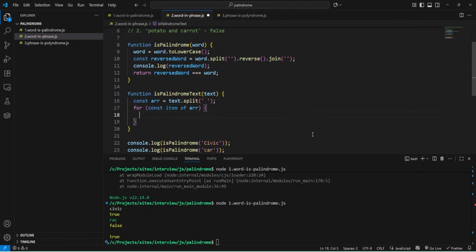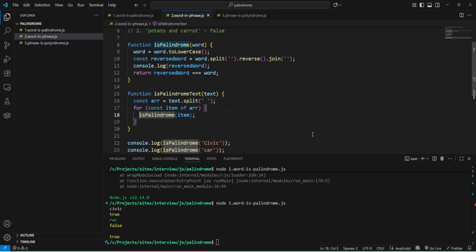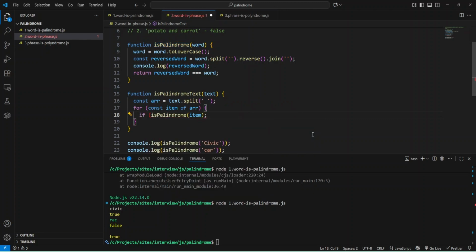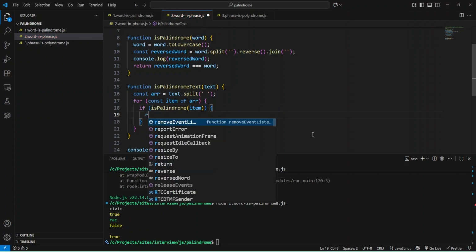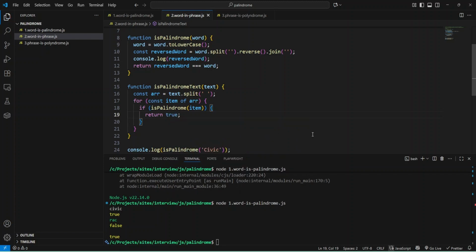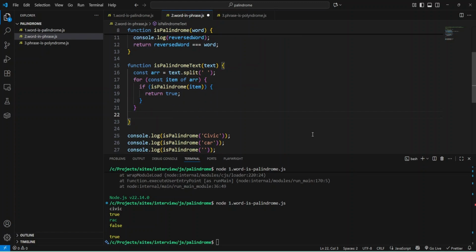Let's check if the item is a palindrome, and we'll provide item. If it's a palindrome, we found one, and we can return true and not check other words. And if we haven't found a palindrome, we can return false.